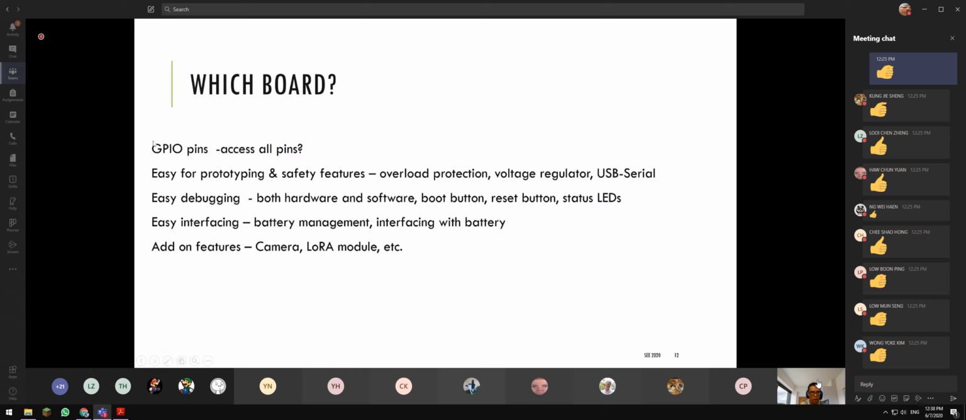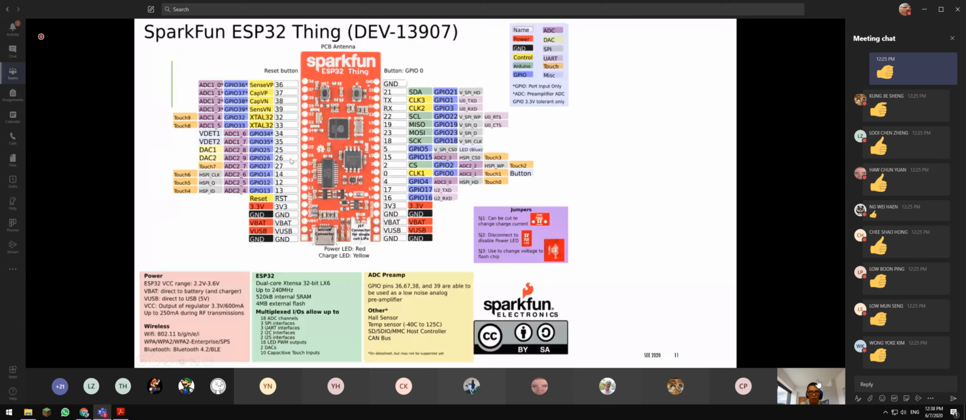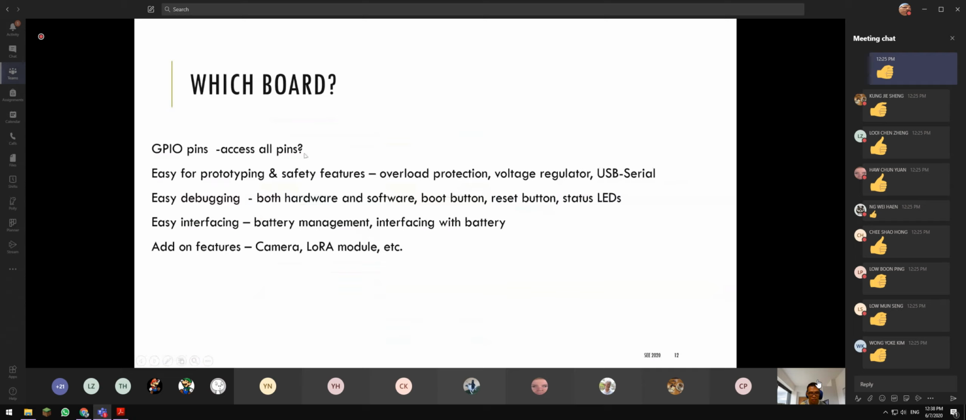First, the GPIO pins, to make sure that that particular development board can access all the pins. Let's say, for example, okay, we have 36 pins here. Does it access all the input-output ports that are available in this microcontroller? Okay, that's a question you always ask. Secondly, it's easy for prototyping and safety features. Like for example, it's well protected,